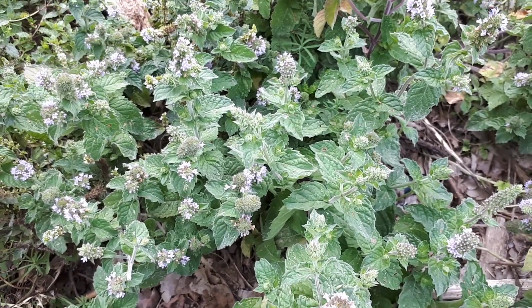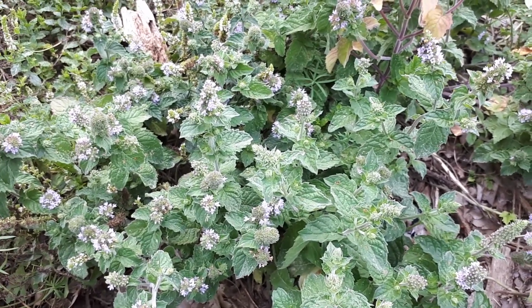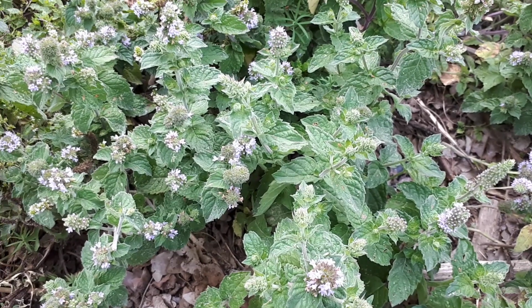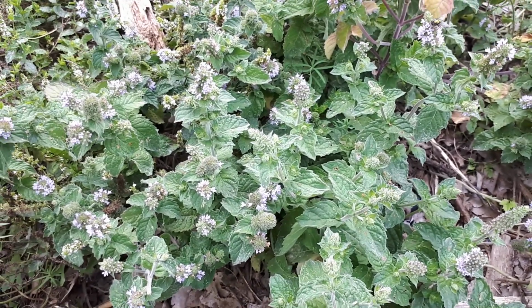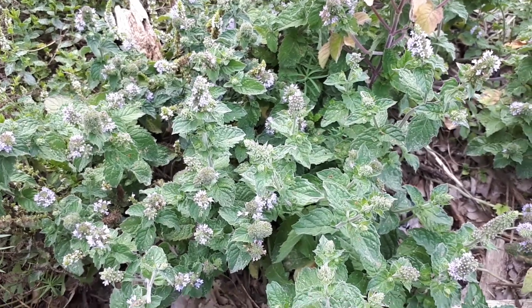Controlling it is harder, so it's better not to. The height of the plant will be 20 to 60 centimeters, so it's 8 to 24 inches. It's a fast-growing plant that requires an average to big amount of water. It also requires full sun to half shade, better almost full sun, let's say